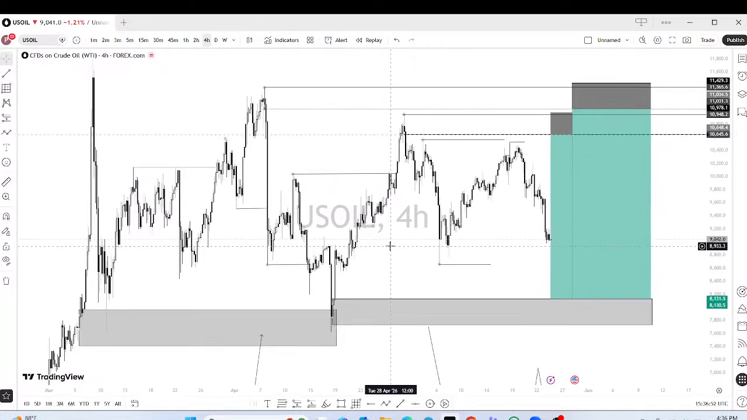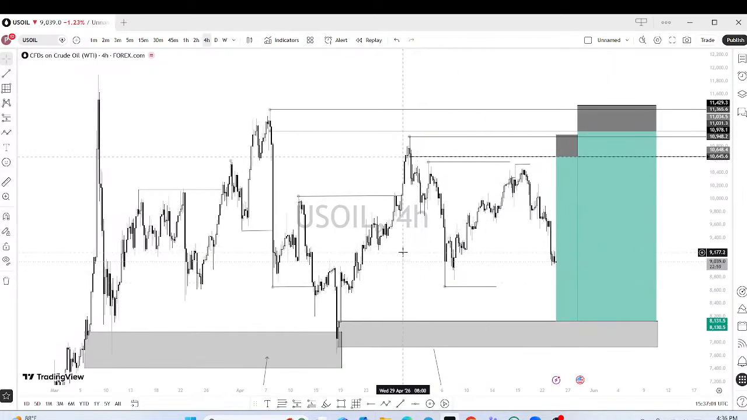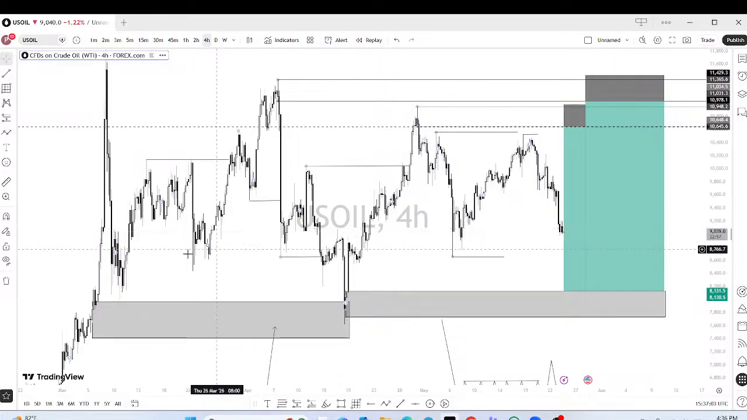I have USD, I have US oil. So this is my live chart. This is my setup basically. So this setup now, as you can see this level here,